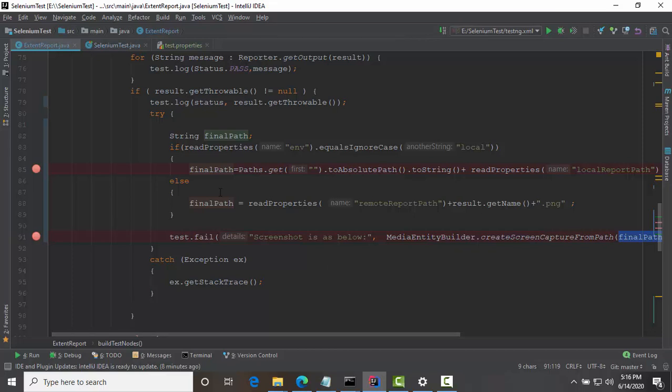I will explain why I have used the read properties and final read properties for creating a final path. First let's see whether we are successfully taking the screenshot and it is getting attached by running it locally. I'll just click on run over here.